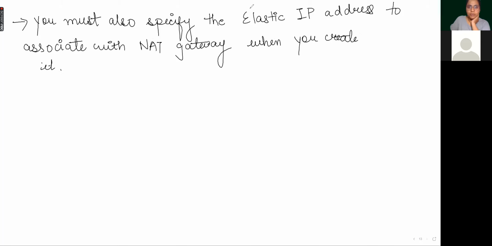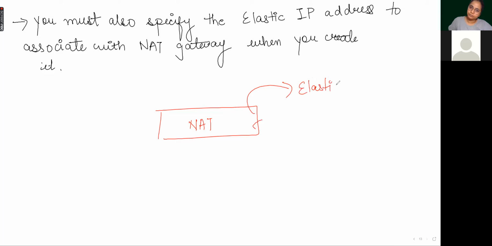So just try to understand about NAT gateway in this way. This is your NAT gateway. Three things you require. First of all, you need an elastic IP address using which you will create your NAT gateway. After creating the NAT gateway, second step comes in, you have to specify the public,